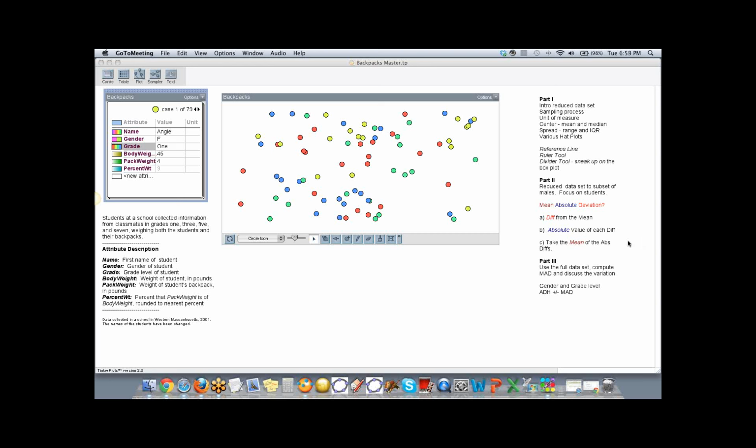Let's put another poll up. Let me hide this one and go to another poll. This one's going to ask about your use of TinkerPlots. How familiar are you with TinkerPlots? Have you never seen it before? So again, if you could pick one of these and click Submit. I'll watch and see as people are voting, and then I'll show the results. So again, we can see who's with us tonight.